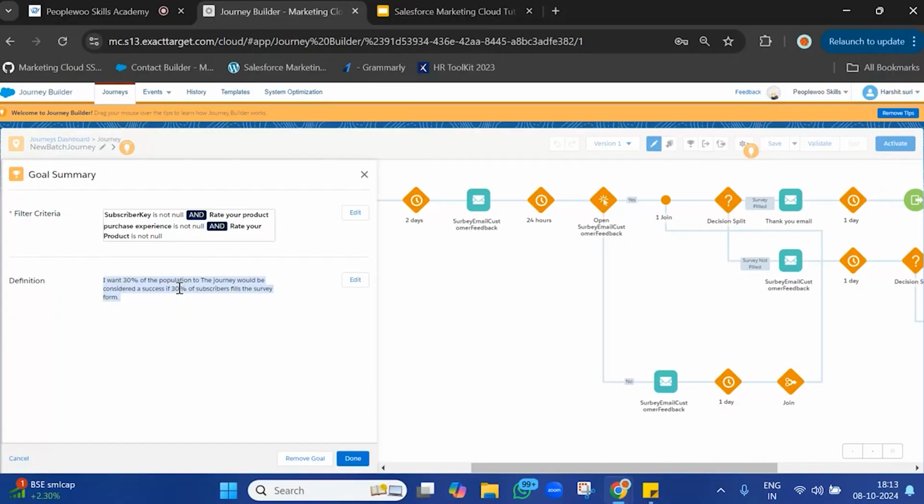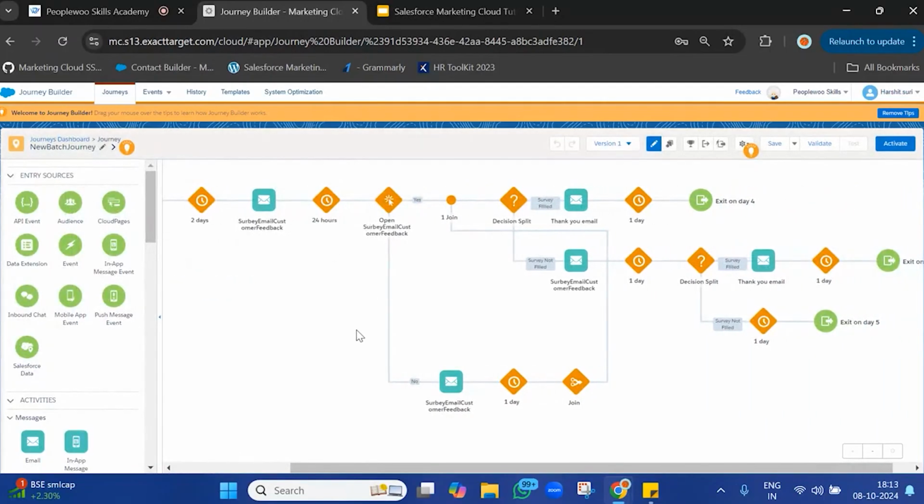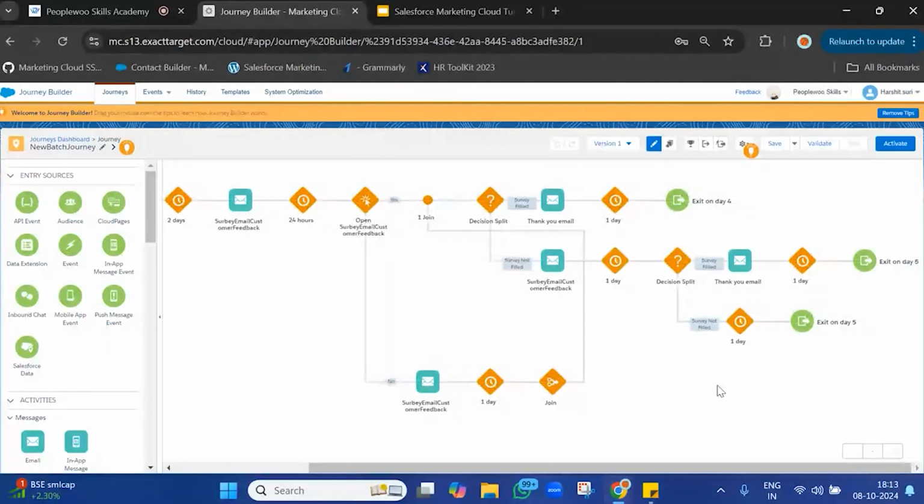of our goal. The minimum success criteria we kept for this journey was 30% of people should fill the survey form. So if the journey identifies that out of 100 people, 30 people have submitted the survey form, it would tell us the journey is a success. Now we have understood all these details. Now before we go and activate the journey, there is an important setting which we have to understand, which is the